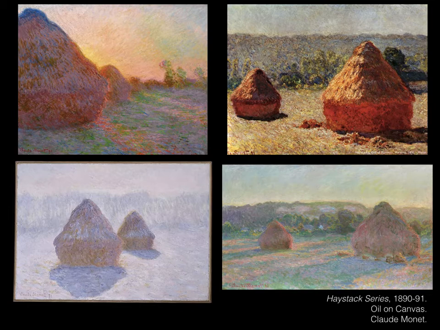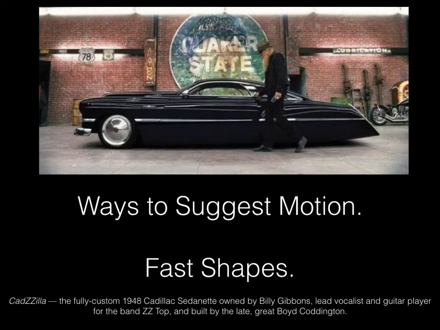So what the artist was capturing was not necessarily the specificity of these haystacks, but the idea of how light changes them, how the color of the light and what time of day it is and what the weather is can change the actuality of how we perceive these haystacks. So the blurriness, the color of them, the figure of them all play into that time of day. So we can see the sun setting or rising. There's really a lot of movement of time just based on the color and the light. But blurriness definitely too.